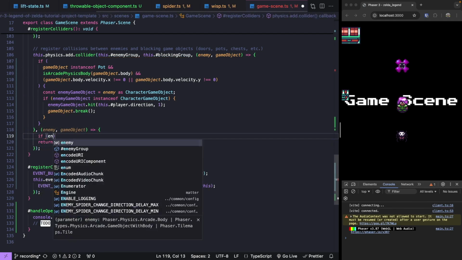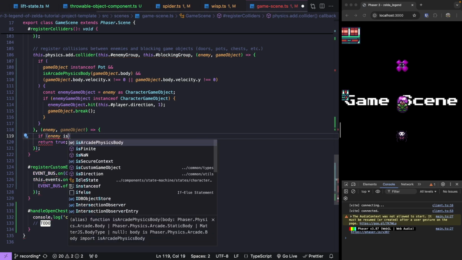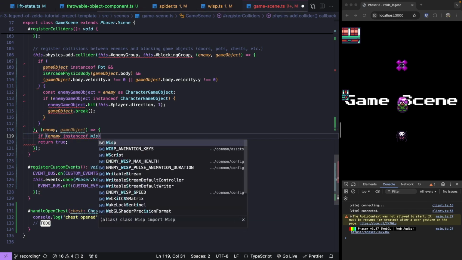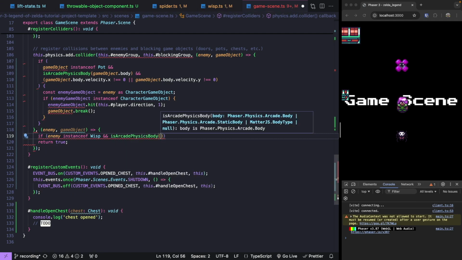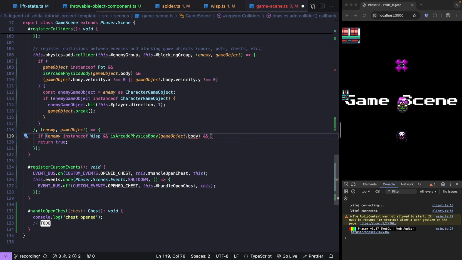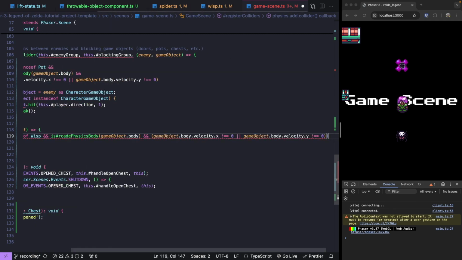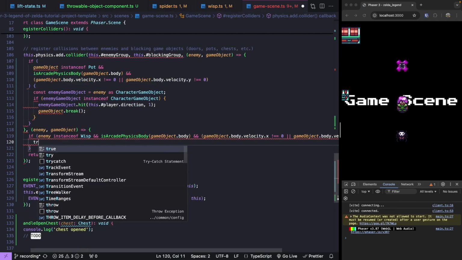So we'll do if our enemy is an instance of our Wisp class, and if our body on our game object is an arcade physics body, so we'll do our game object, and now we'll do our body, and now our body velocity does not equal 0, then we want to disable our collisions. So let's just copy this part here, we'll paste that in, and so if that's all true, we're going to